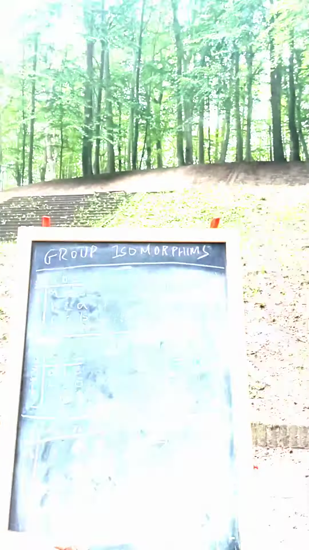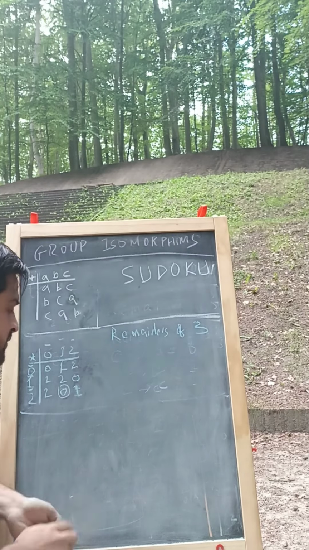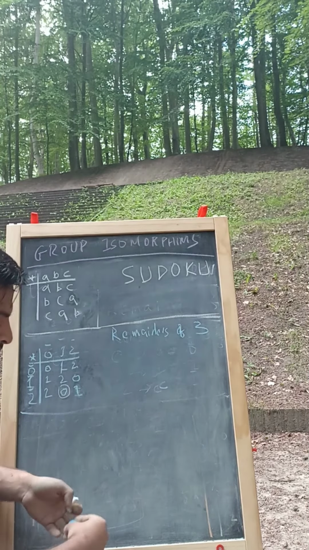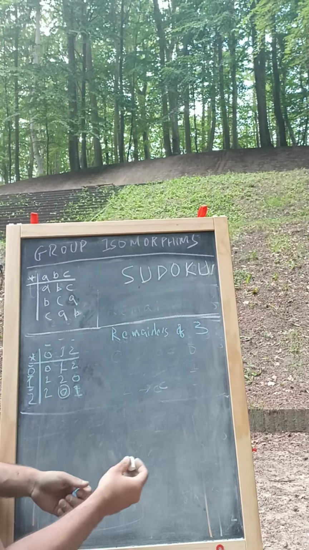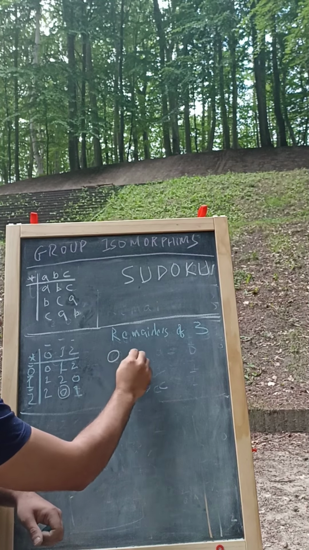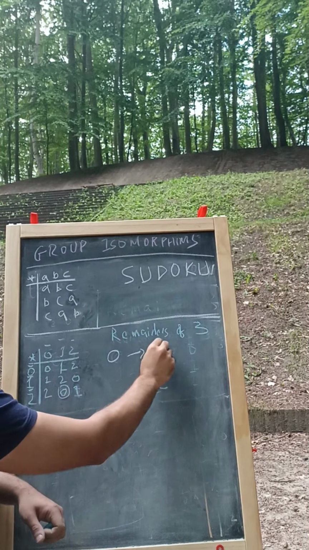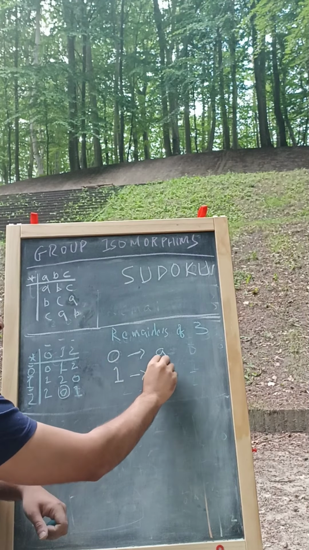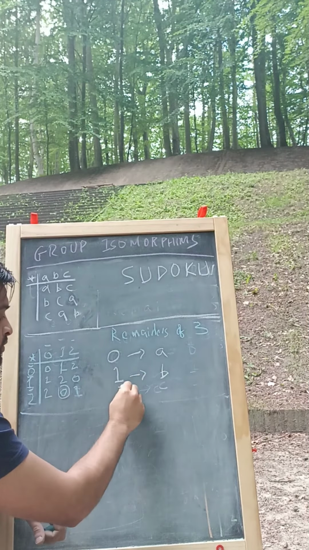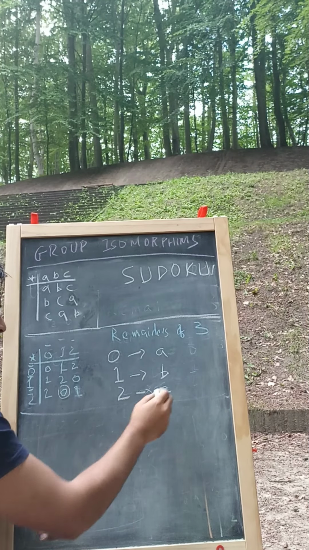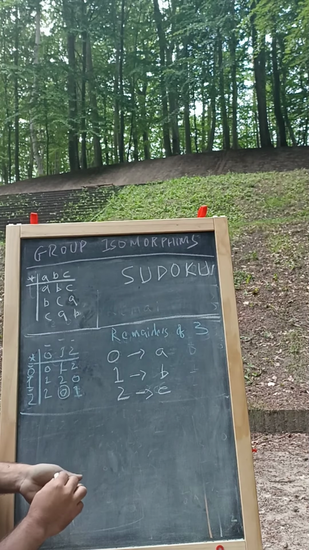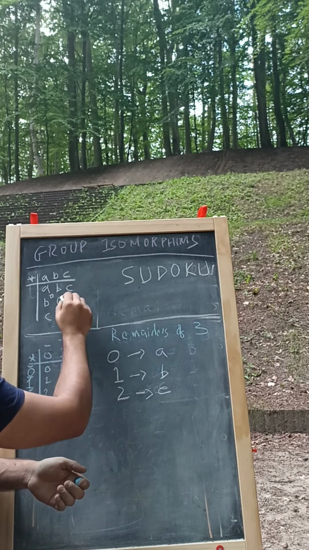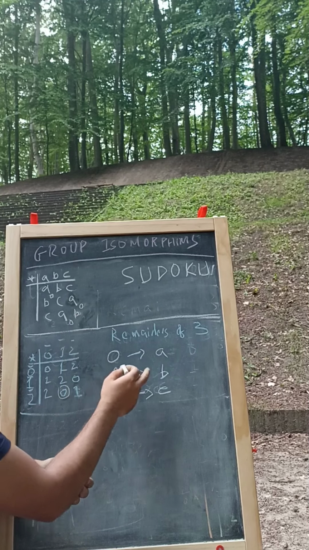2, 0, 1. Now, you will notice something very interesting between the remainders of 3 and our Sudoku puzzle. Can you see it? Let me show you. For example, if I were to take 0 and put it where A was, and if I were to take 1 and put it where B was, and if I were to take 2 and put it where C was. So let's perform that particular action. So A goes to 0, B goes to 1,